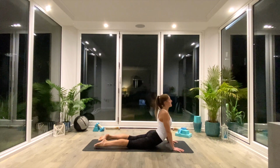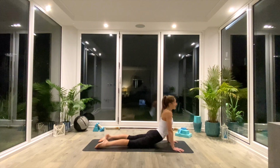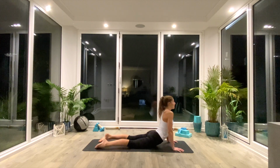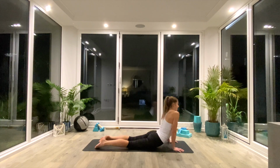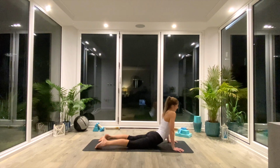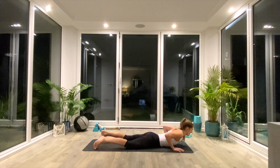Find your cobra position, untuck the toes, and just draw a figure of 8 with your hips and shoulders. You can also do this in Sphinx if you want to. Do a couple of rotations in one direction, and then switch to go the other way. Come back to center and then just exhale as you relax your body all the way down to the floor,